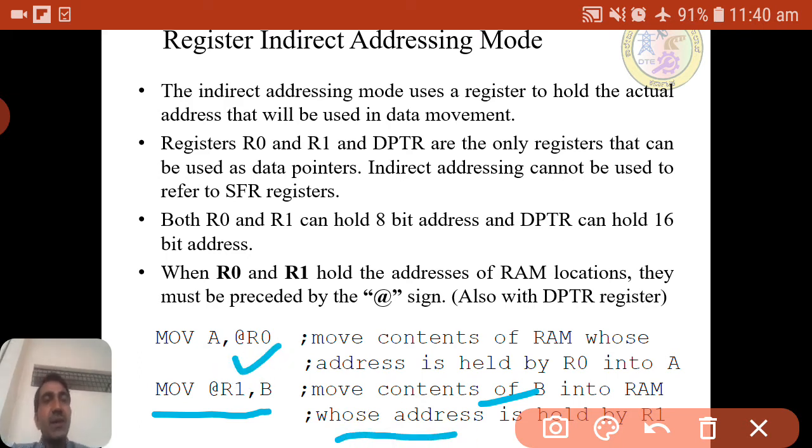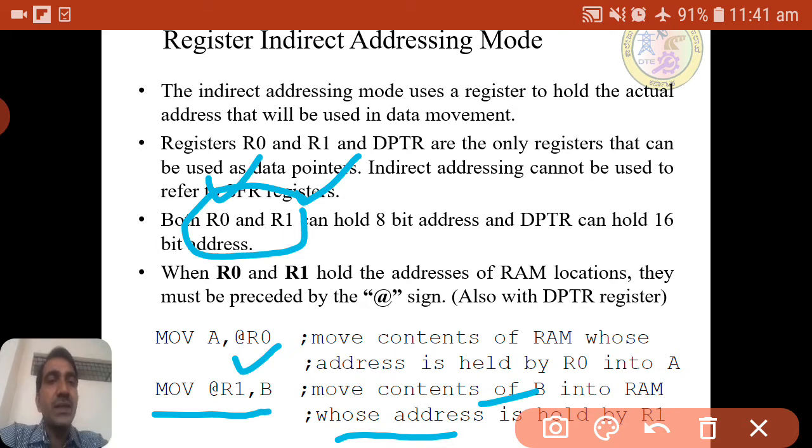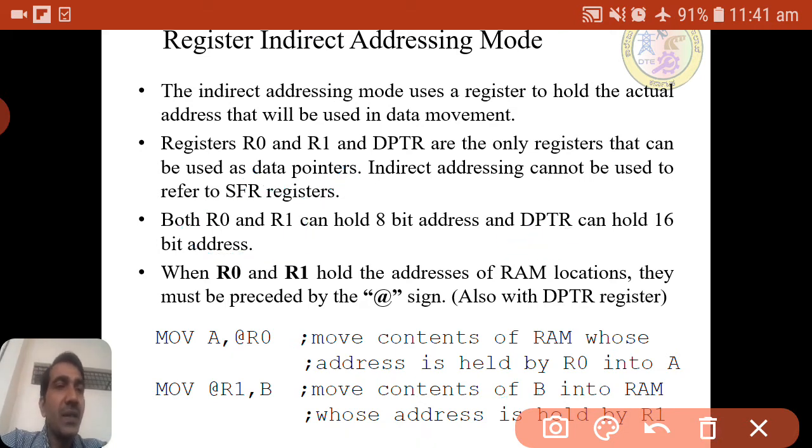This we call register indirect addressing mode. We need to remember that we use only R0 and R1 for an 8-bit address, and for a 16-bit address we use the DPTR.